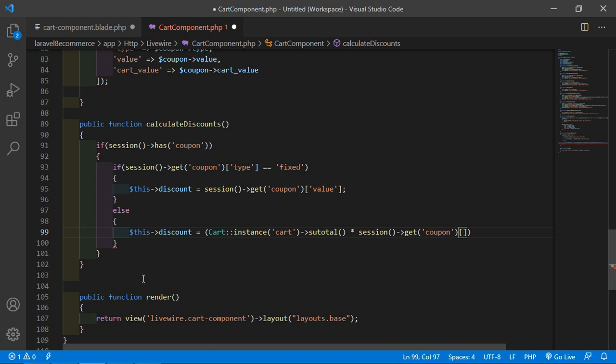Okay, coupon code value. So add here the value.